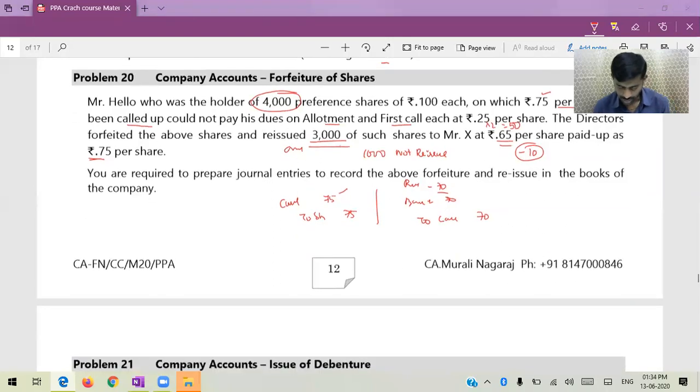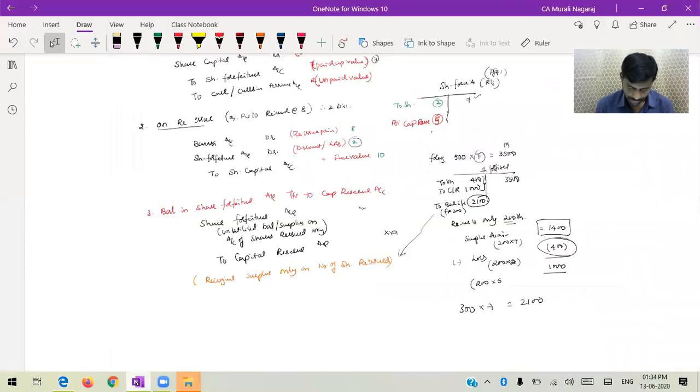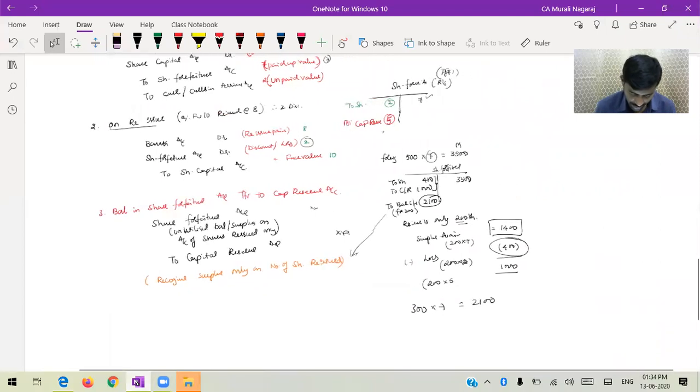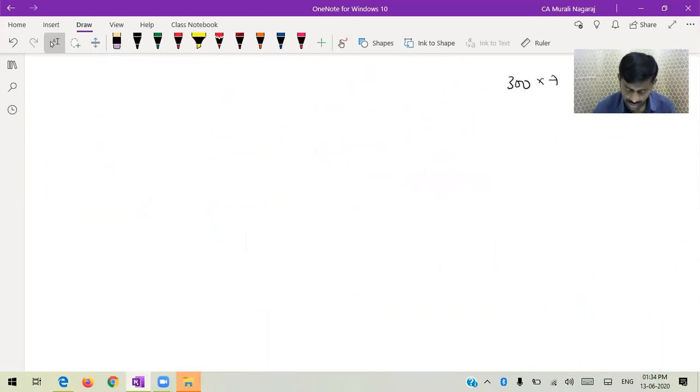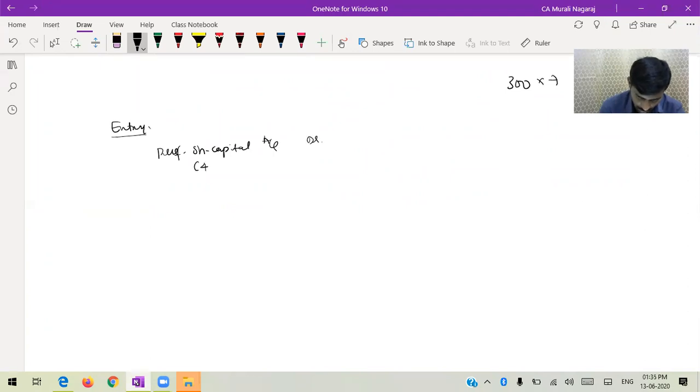Correct? So therefore, come to the entry. First entry, sorry, entry for first forfeiture. Entry is preference share capital account debit. So 4,000 into 75, the called up value. So the amount is